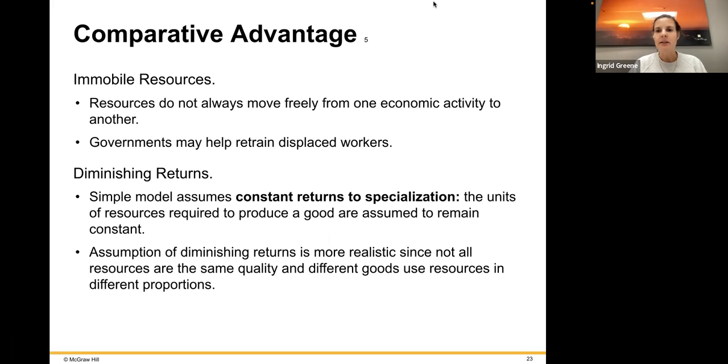First one here is comparative advantage again, but we're talking about these immobile resources. Resources do not always move freely from one economic activity to another. As we were saying, a steel worker cannot very quickly start developing code, as we saw in Pittsburgh. Also, governments may help retrain displaced workers. So that's an opportunity then for the government to get involved and start to train people, as we've been seeing